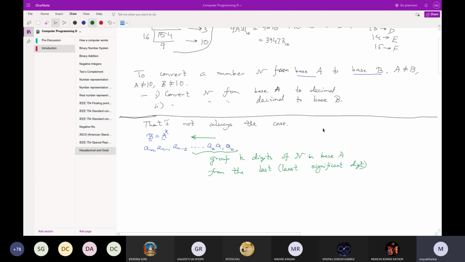That means, suppose I write something, say 3 1 5 9 0 2 7 1, maybe it is in some base A, and B is, say, A to the power 3, A cubed. Okay, and you want to convert it into base B. You will take groups of 3 digits from the last, and we have 2 digits here. Prefixing a 0 in front of the number does not change its value, so we'll add a 0 and take this. So we'll first group them into the corresponding k number of digits.